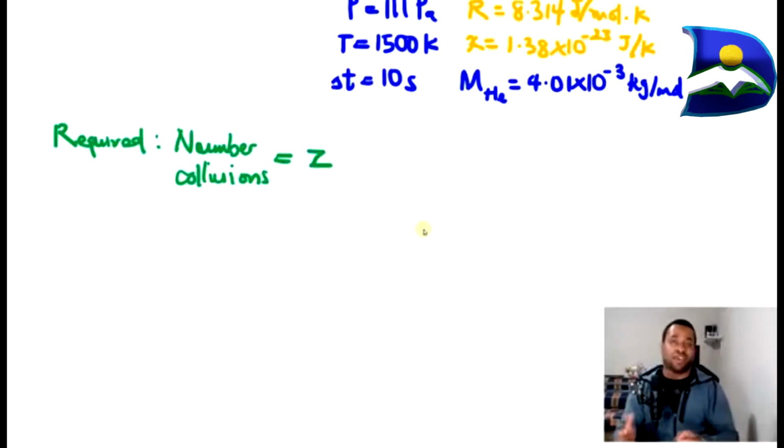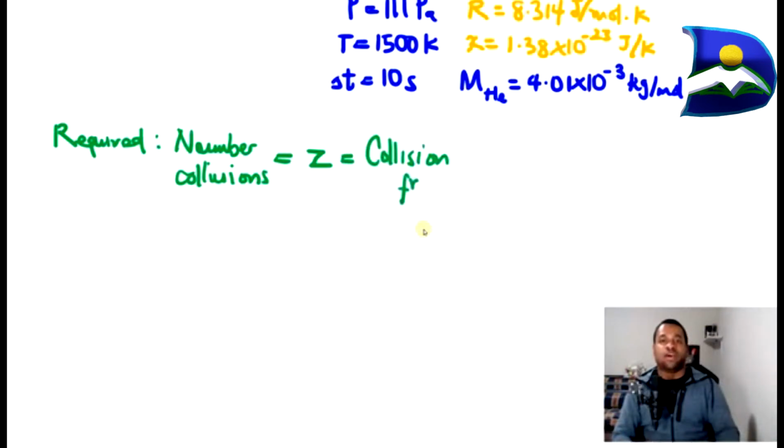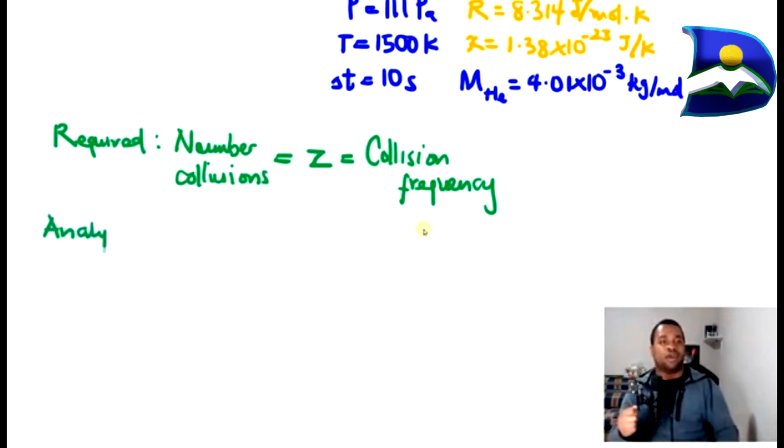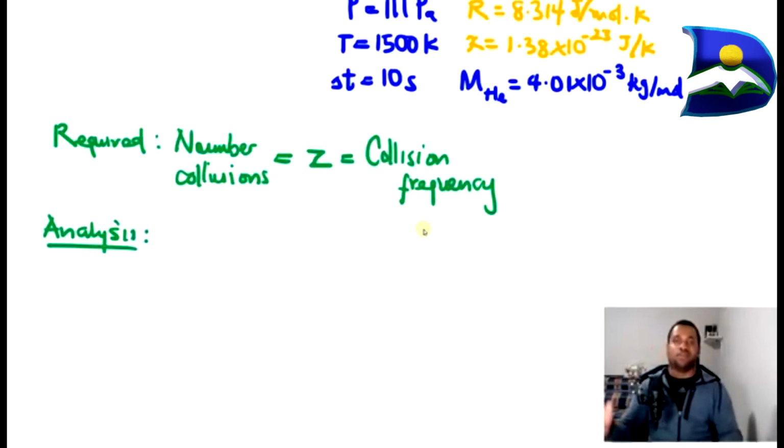One has a subscript M, and the other, Z, which is a small letter, is expressed as, in this case, the collision frequency, which tells us the number of particles that will be collided by one particle at a particular time period. And so, in this part, we need to look at our analysis and figure out how to rearrange a specific equation, and from there have the subject of the formula in terms of the